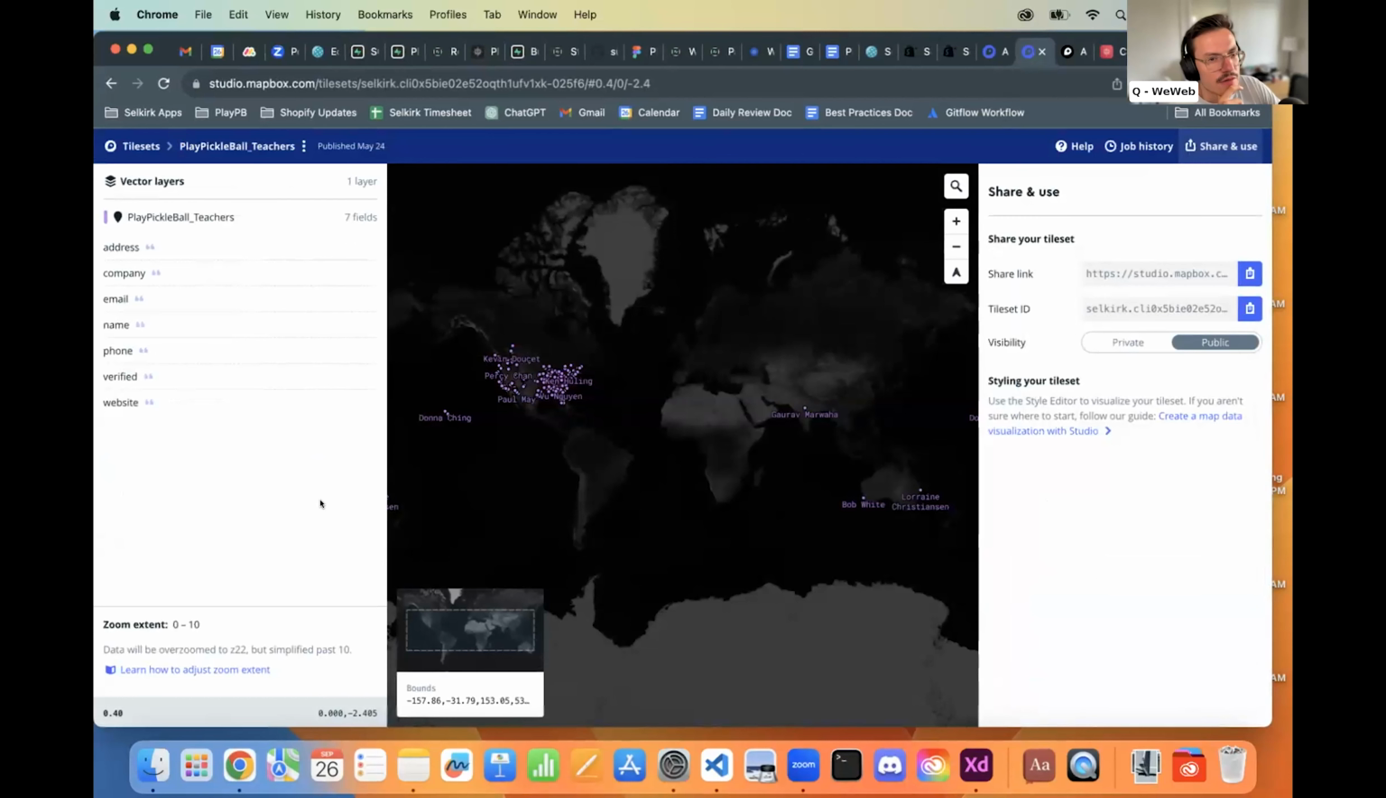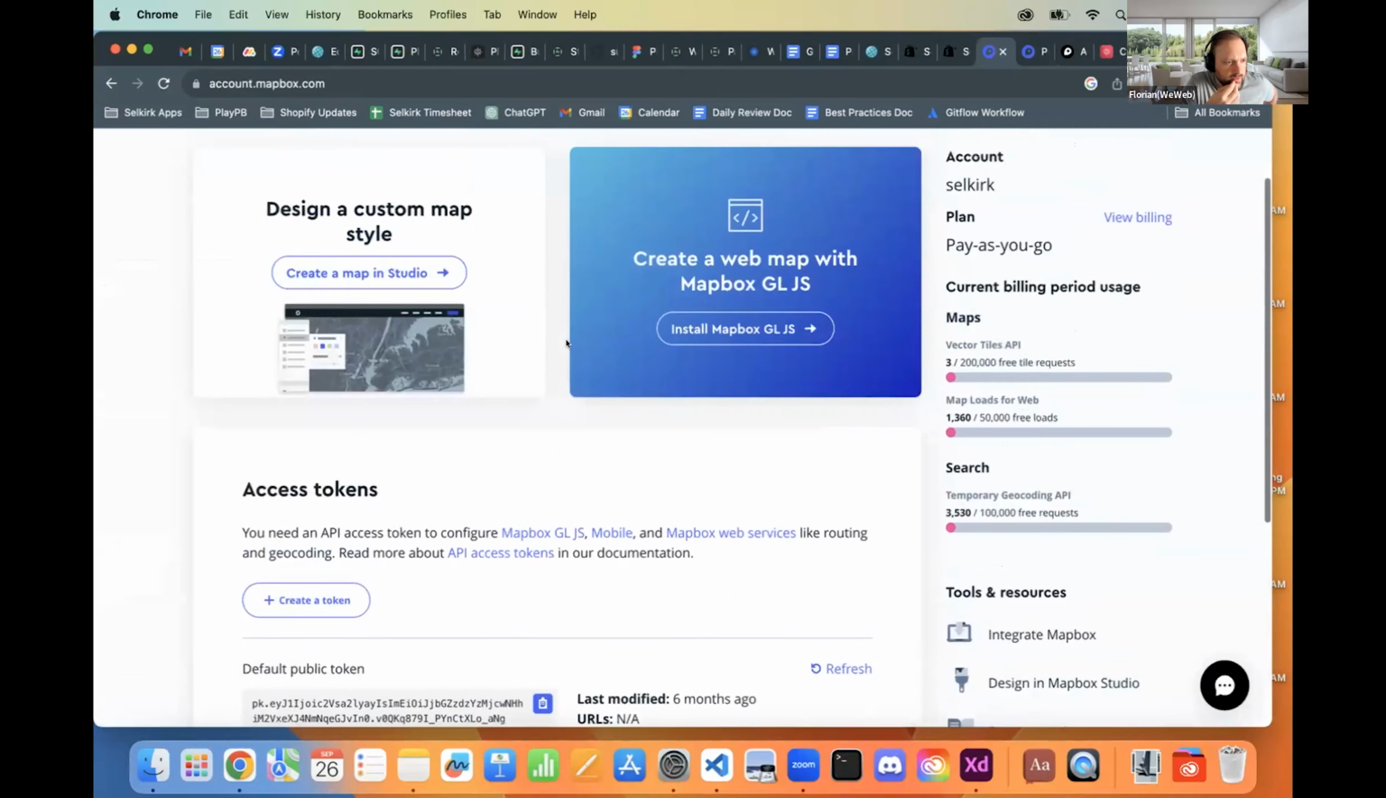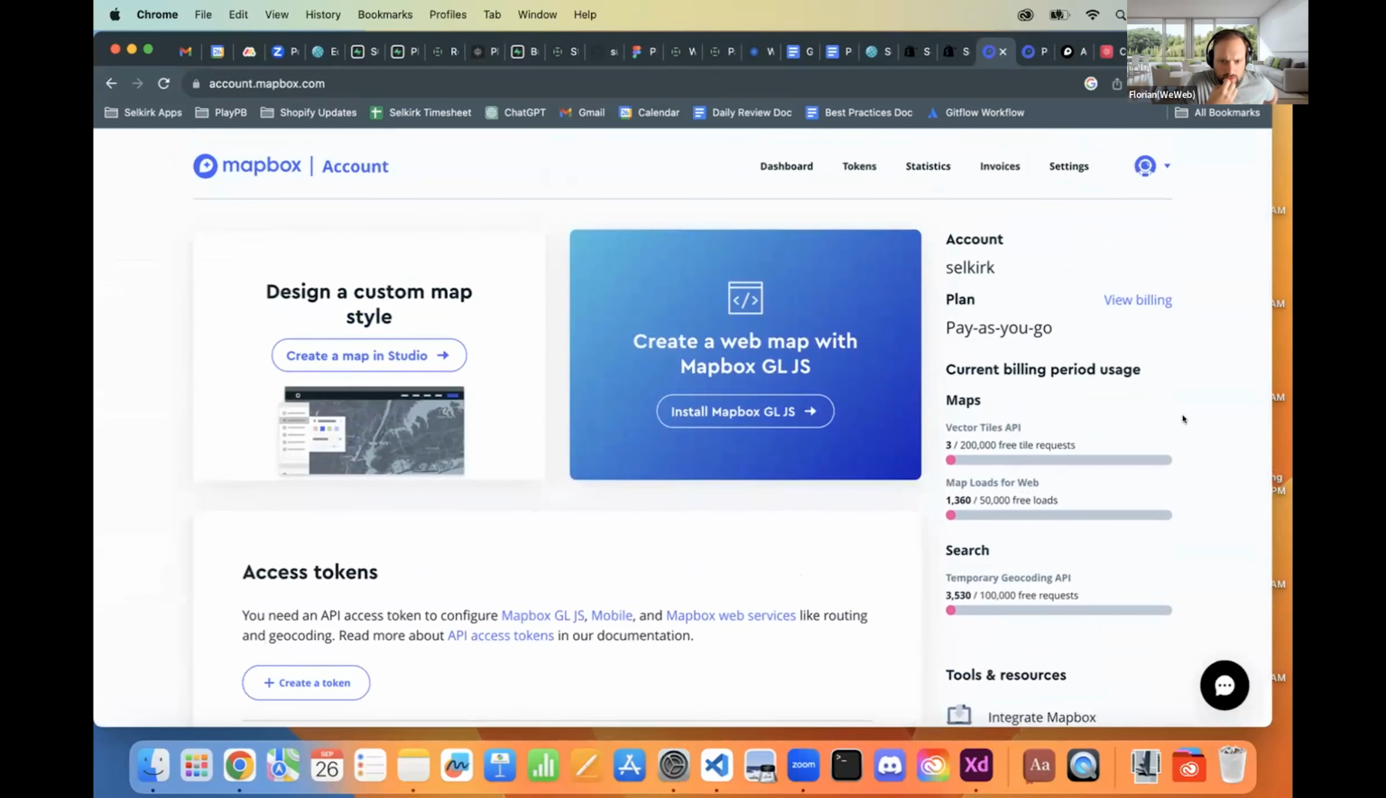Yeah, so this is a tile set. Okay, let's get the share link, the tile set ID. Can you go to your, if you can, because you are sharing, into your Mapbox dashboard? Yes, in here. And if I remember,